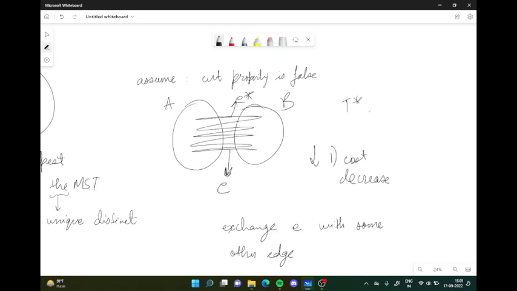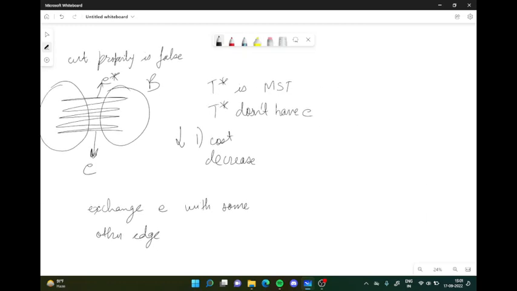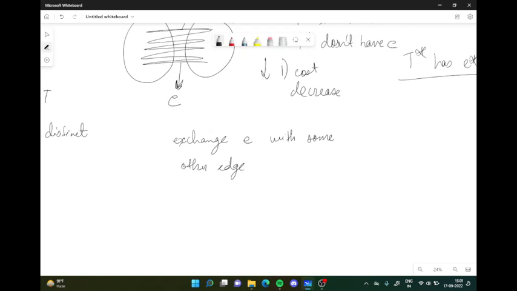T star is MST. T star does not have E. T star has E star, basically. So exchange E with some other edge in T star, and if this is still